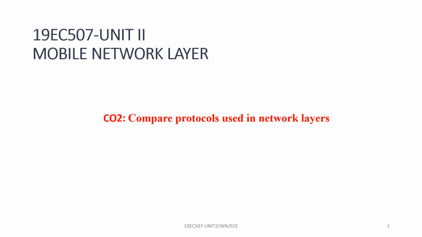In today's discussion, let us discuss Unit 2 of the course Wireless Networks 19EC507. Under Unit 2, we focus on mobile network layers. The course outcome for Unit 2 is to compare different protocols used in network layers. Whenever we talk about networking or network layers, we would initially begin with the idea of IP, Internet Protocol, right? So in today's session, we'll discuss the Internet Protocol layer, the mobile IP, and also the architecture of mobile